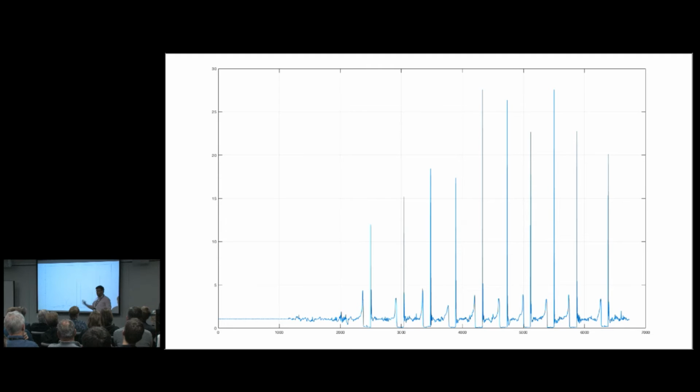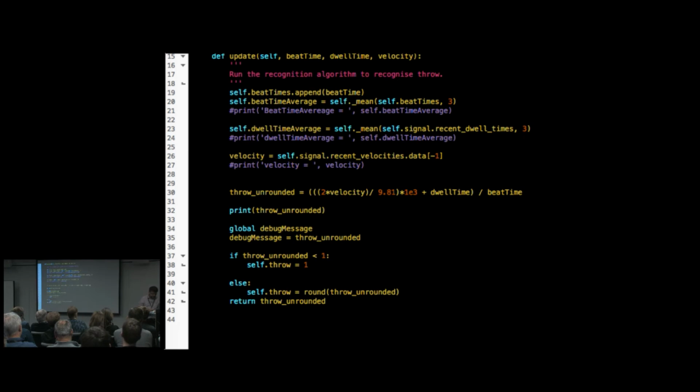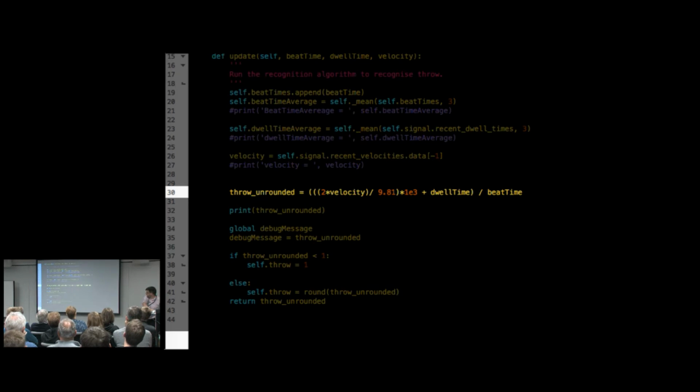Is it a 4-throw? Is it a 5-throw? And so on. The students in this project took a very mathematical approach. They took the juggling equation I mentioned initially, by Claude Shannon, and tried to make a little equation that expresses which Siteswap number we get from a throw. There's a lot here, especially this line in the middle that says the throw unrounded is twice the velocity, there's gravity, and there are some constants, and the dwell time and the